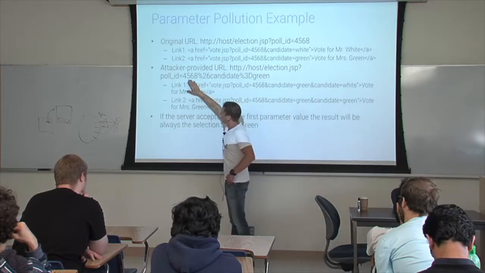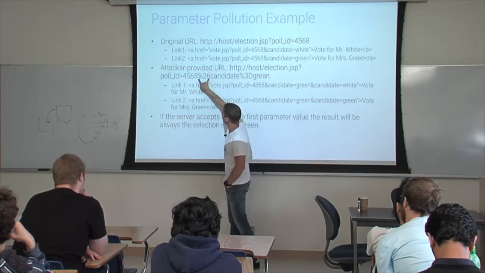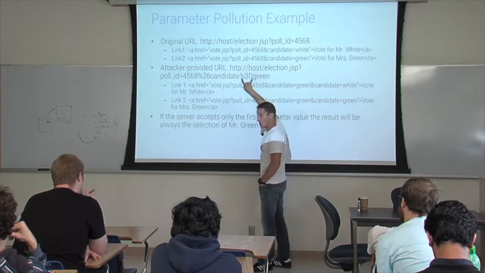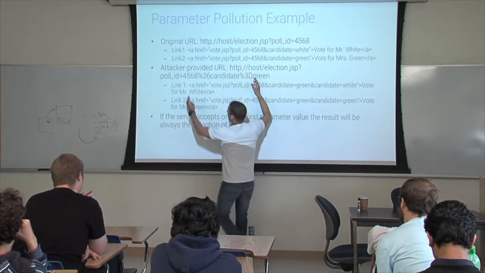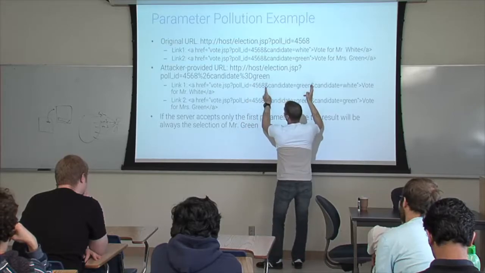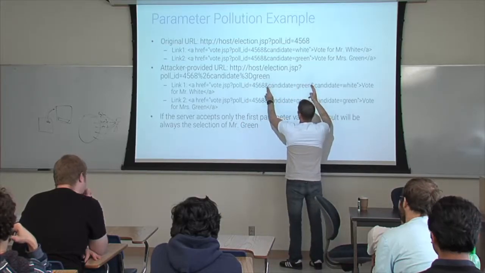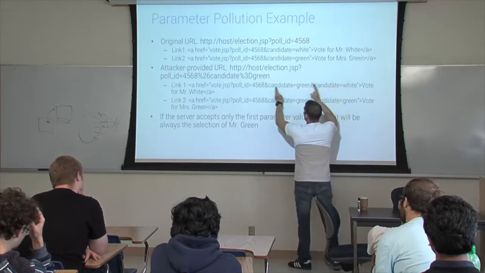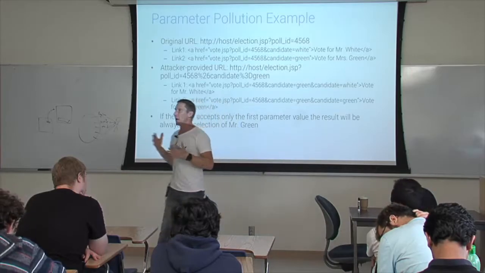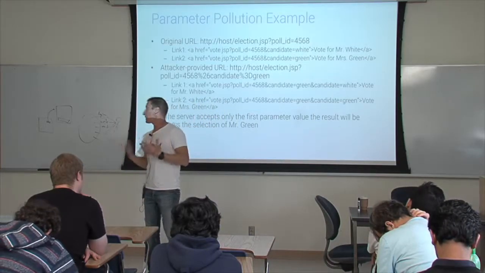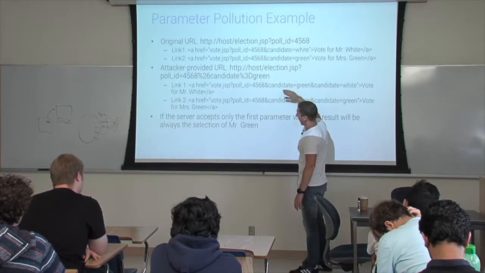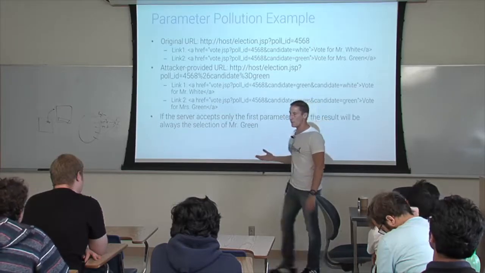Now, here, you pass a value that has this character encoded, which is an ampersand, and this character encoded, which is an equal. So when your poll ID that is this long gets put here, instead of being only 568, it also has this additional thing. Because if you have the same parameter with two values, you have, I would say, unpredictable results. In this case, we assume that the green candidate would be chosen. With this attack, these two will always vote for green.